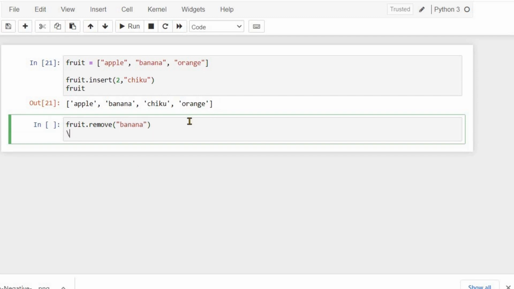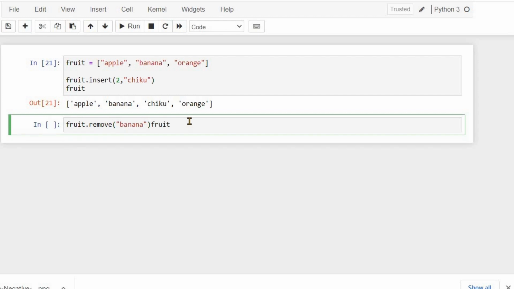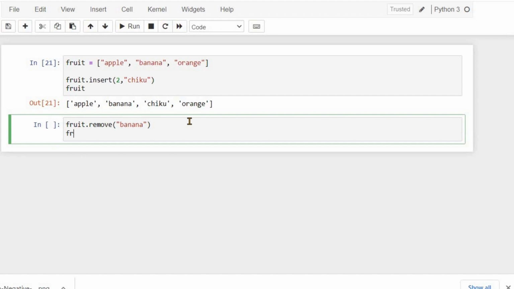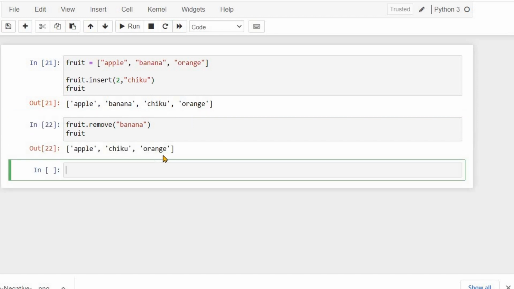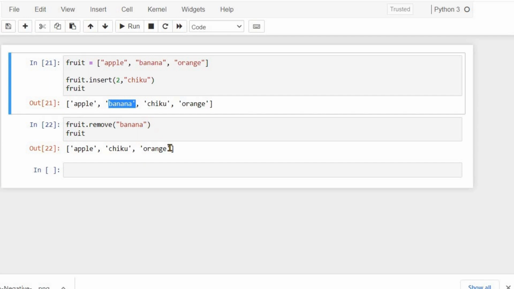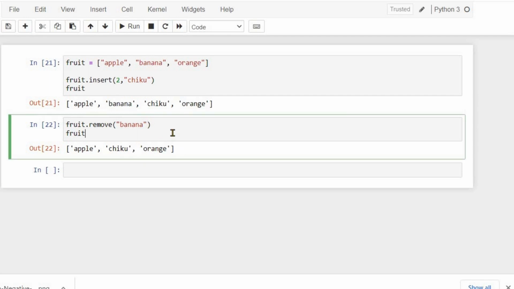And if we run this again, we get a new list in which banana is no more, and the new list has only 3 different kinds of elements. So this is how we use the remove method in Python.